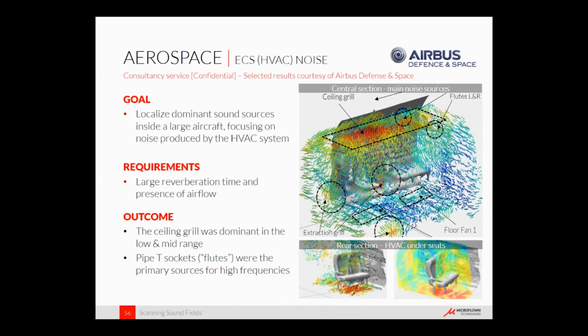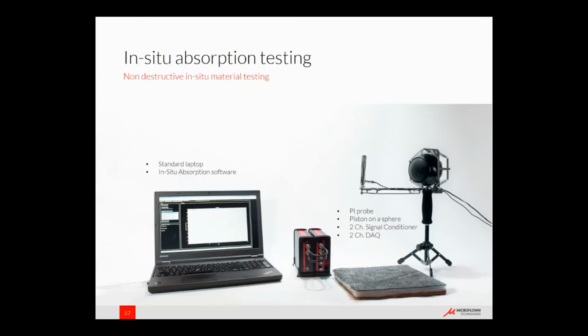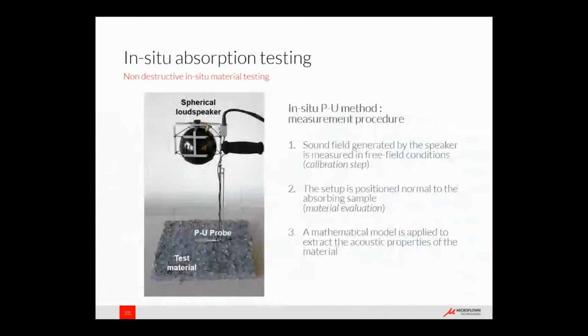The last topic that I will touch briefly in today's webinar is another application. One way to attenuate sound is by applying damping, to absorb sound. So what we also have is an in-situ absorption system. We can use the software with a data acquisition, and we call it the impedance gun. So like a speaker combined with the PU probe. We can point it towards the material and use the acoustic impedance,